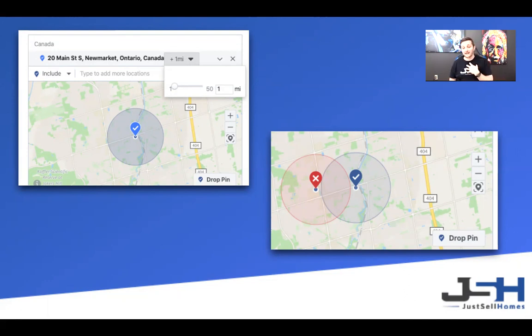Now, the cool thing that I like to do is drop a pin and then put another pin just outside, as you can see on the right, and then exclude that. And now I can start deciding even more where my ad gets shown and who's actually seeing it. So for instance, one of the use cases we use for this is a client has a farm area that doesn't quite fit into that 1 mile, but doesn't want the ads shown out of it. What we'll do is drop a pin in the middle of the farm area, but the 1 mile radius goes around that too much. Then we'll drop further pins on the outside that restrict the ads to just their farm area,